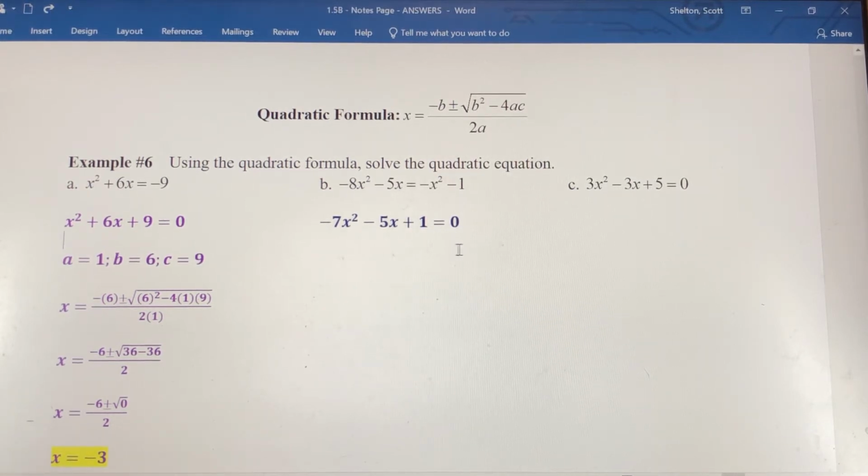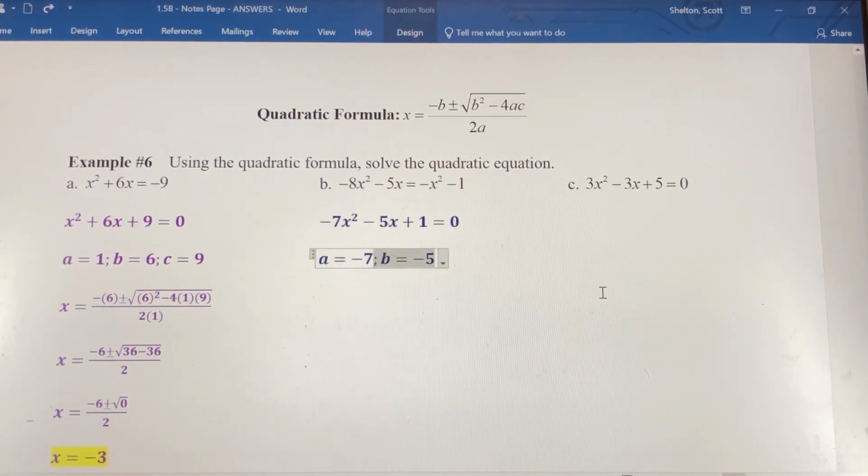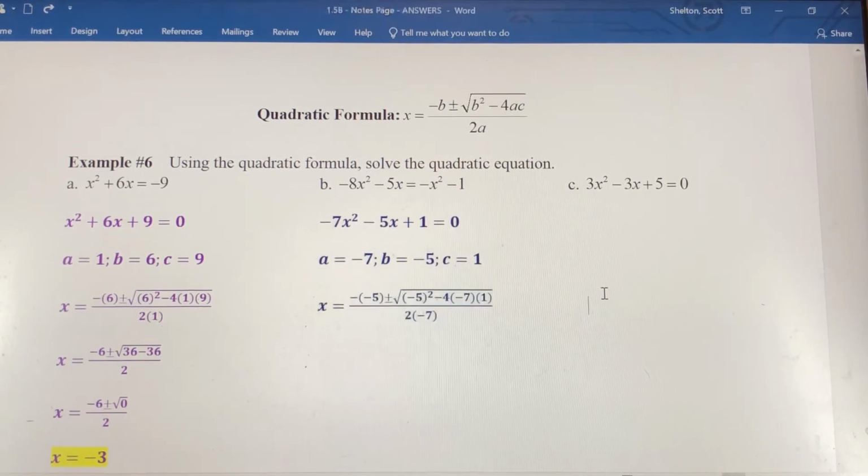Even though the signs are all different, this will take care of that, okay? Signs are not going to be an issue, assuming you did everything correctly. All right, so a is -7 for me, b is -5, c is +1. Okay, let's plug everything in, and we get the opposite of b, so the opposite of -5, plus or minus